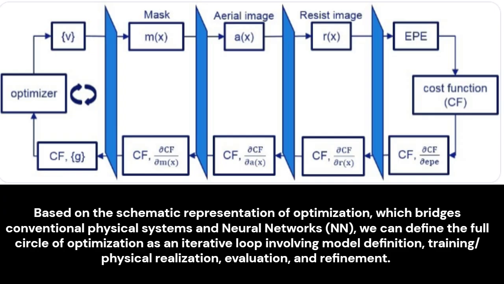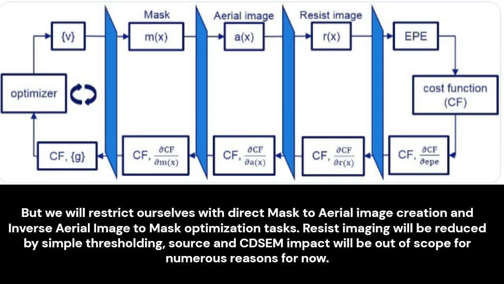Based on the schematic representation of optimization, which bridges conventional physical systems and neural networks, we can define the full cycle of optimization as an iterative loop involving model definition, training/physical realization, evaluation, and refinement. But we will restrict ourselves to direct mask-to-aerial-image creation and inverse aerial-image-to-mask optimization tasks. Resist imaging will be reduced to simple thresholding, and source and CD-SEM impact will be out of scope for numerous reasons